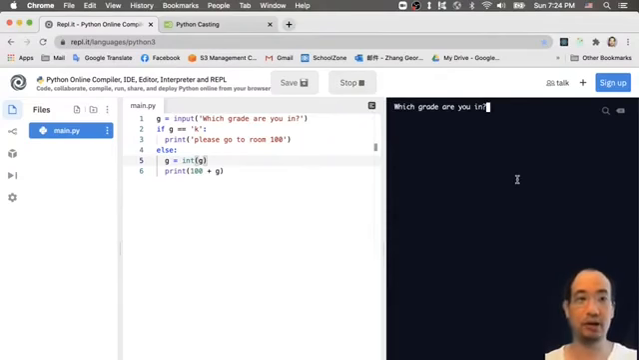and which grade are you in? I'm in the kindergarten, and then it says you should go to the room 100. And of course I want to fix this problem, because I should say please go to the room 100, right? So what I suggest you to do is just type here,